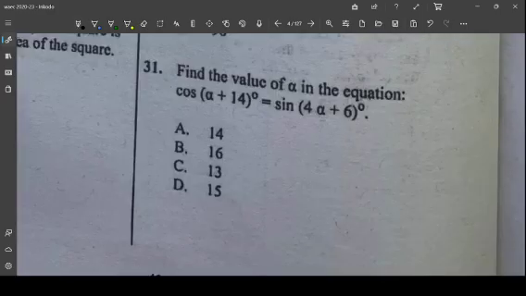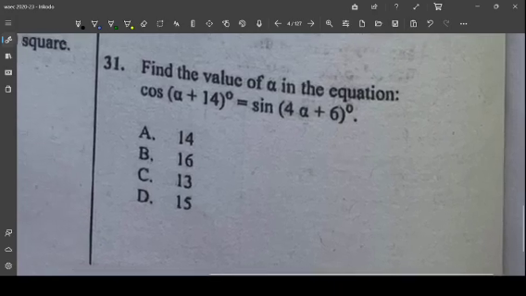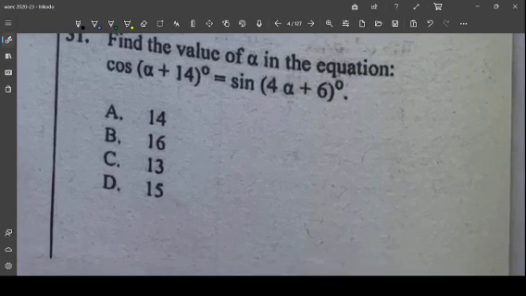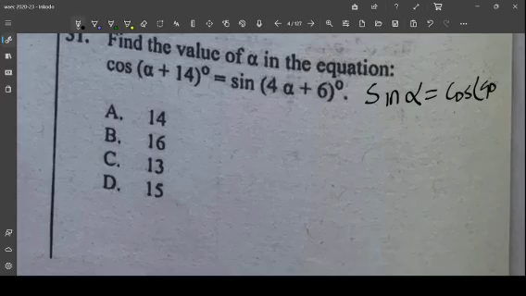All right, guys, so let's look at question number 31 of this WAEC past question. It says, find the value of alpha in this equation: cos(alpha + 14) = sin(4 alpha + 6). Now, generally speaking, we know that sine alpha is equal to cos(90 degrees minus